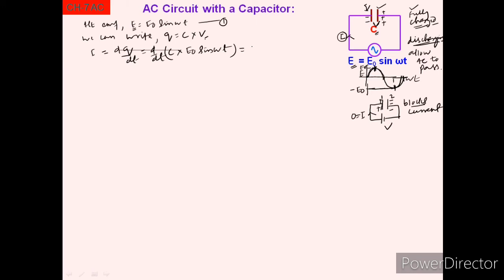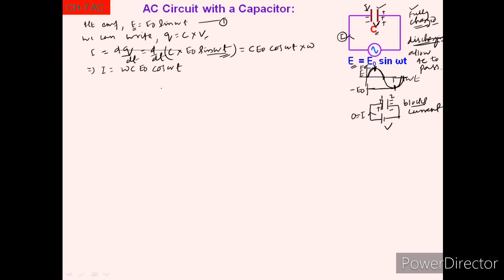The constants C and E naught go outside, then the derivative of sin omega t is cos omega t, and by applying the chain rule, the derivative of omega t gives only omega. This implies I is equal to omega C E naught